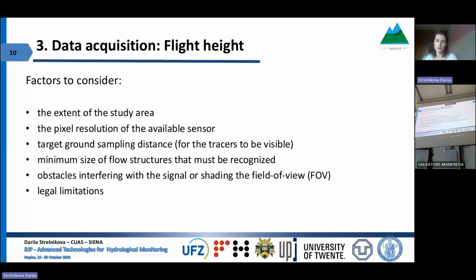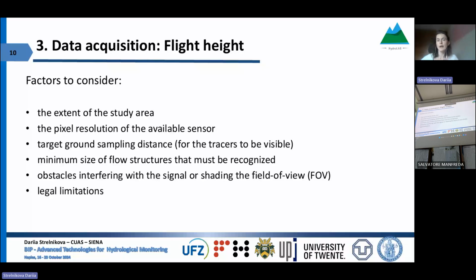We cannot fly too close to the wire. So this has to be considered when we're planning our flight height. And there may be legal limitations. So let's say we have a large field of view to cover, and we have a very good sensor, but we're still not allowed to fly over 120 meters if we want to stay in the open category in Europe. So this may be another thing: technically everything else works, but from the legal perspective, you will still need